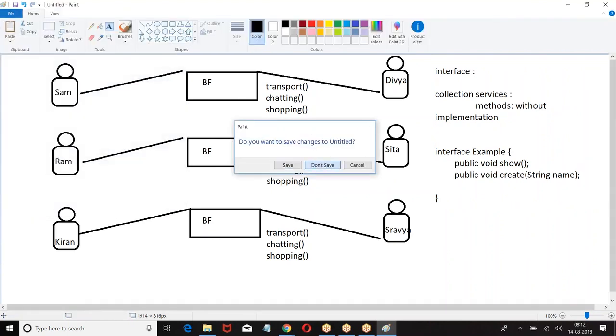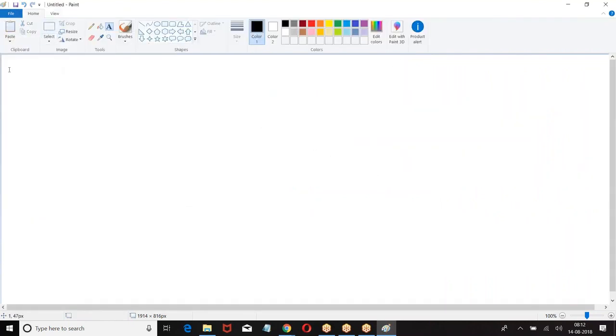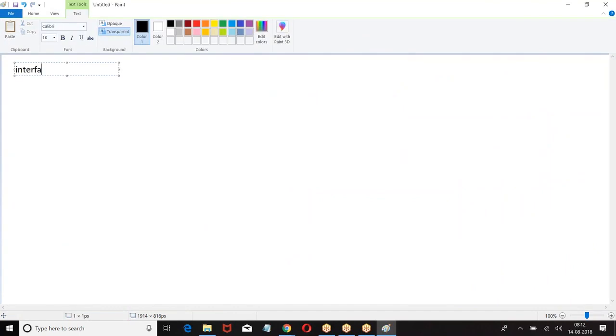Now look at this. We have an interface here, and they told public void.